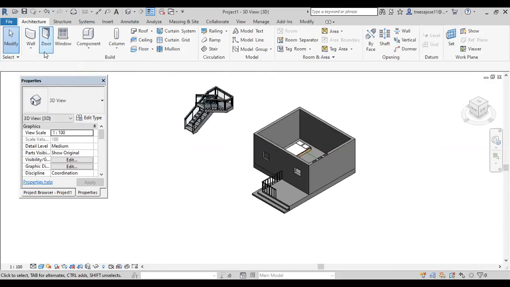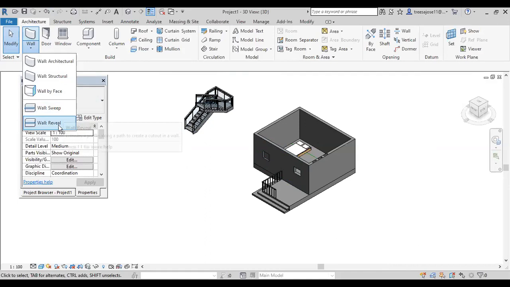Then, okay, I will show you how to use the command. Okay, wall. Then here there are two options. One is wall sweep and the other one is